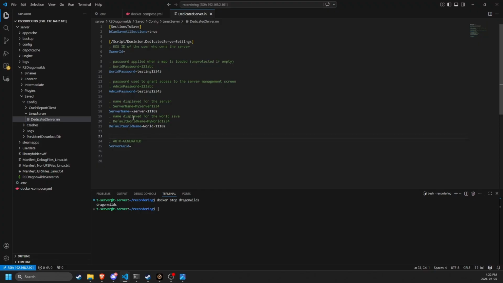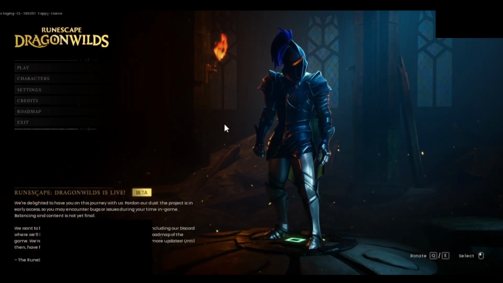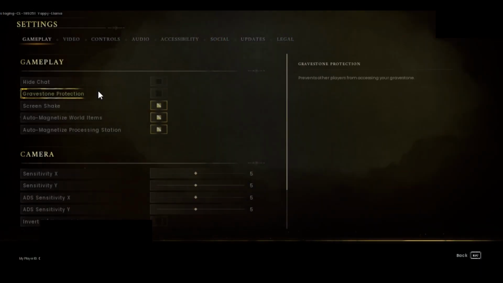Save that. I'll show you where you can get your own ID real quick in game. So over here in the game, you go to settings, and you go down here to the bottom left. You should see my player ID right there. You want to click on the little copy button that's right beside it. Then go back to your dedicated server.ini and paste it in. And paste it in and save it and close it,